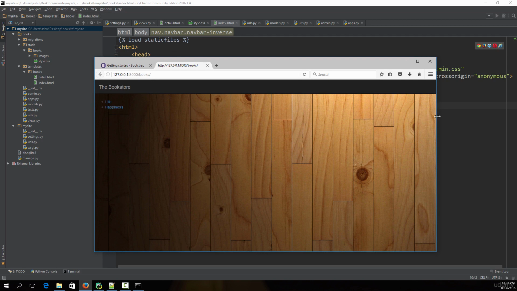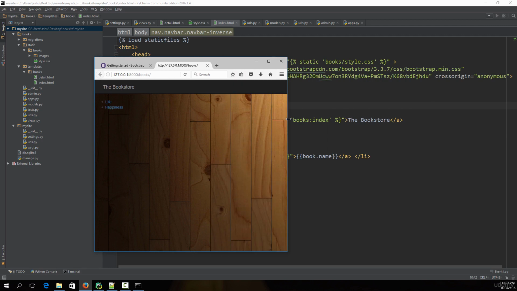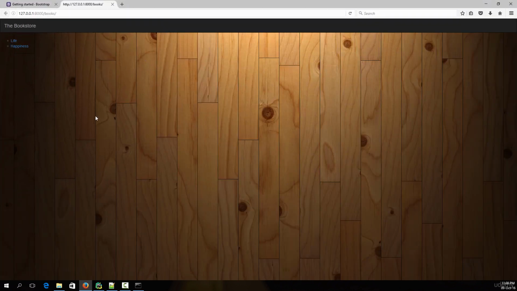That means if you shrink down the size of your web browser, the website is automatically going to adjust itself so that the same website is loaded smoothly on a mobile device. So that was all about designing the navigation bar, and we are yet to add a lot of elements onto this navigation bar. But in this lecture, I just wanted to give you guys a brief introduction about Bootstrap and how Bootstrap